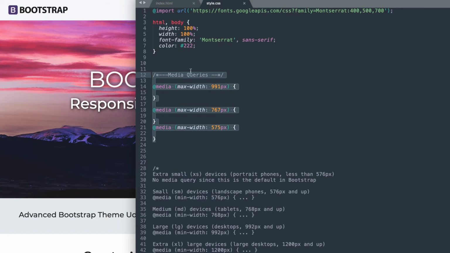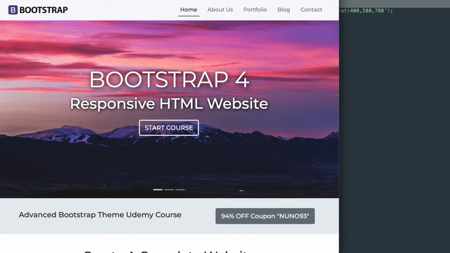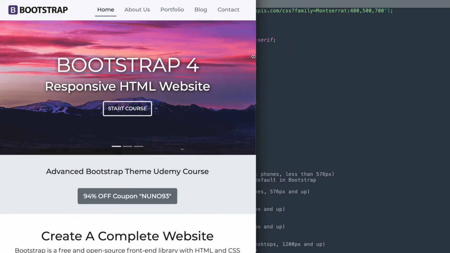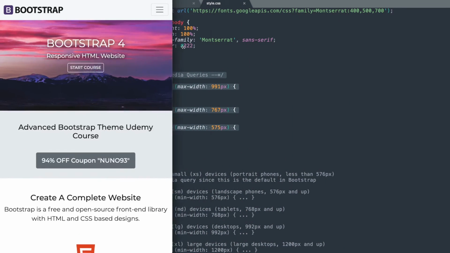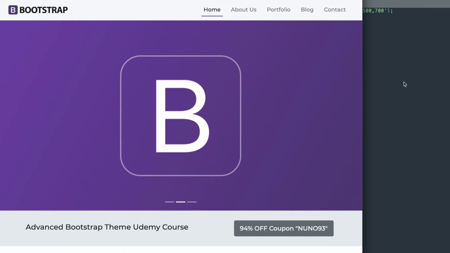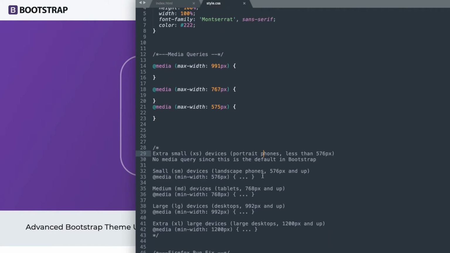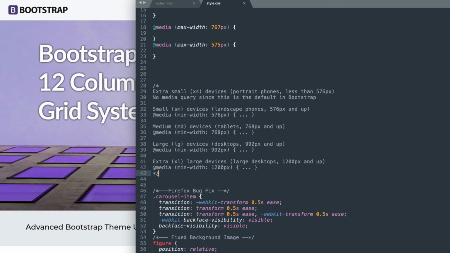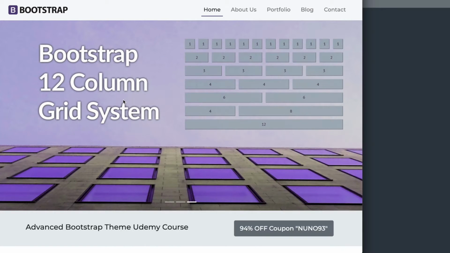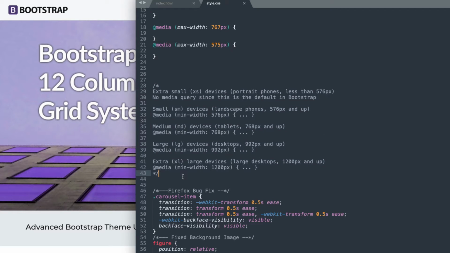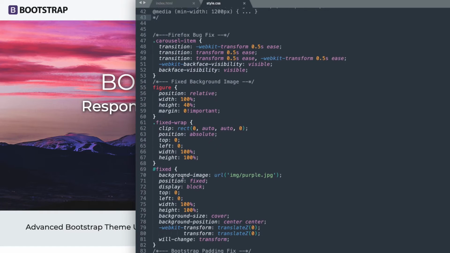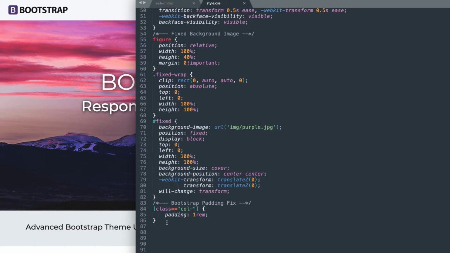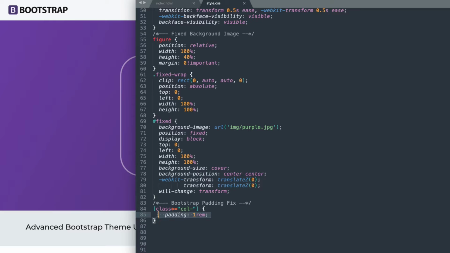So down here we have the start of our media queries already laid out for us for the different breakpoints, the large, medium, and small screen widths that you see shifting right there with the content on top of the image slider. And then down here we have a little cheat sheet for the different breakpoints for the Bootstrap columns that you see here as one of the image slides. And that's going to show us where the medium screen width, large screen width, for example, take place at their pixel values. And then scrolling all the way to the bottom